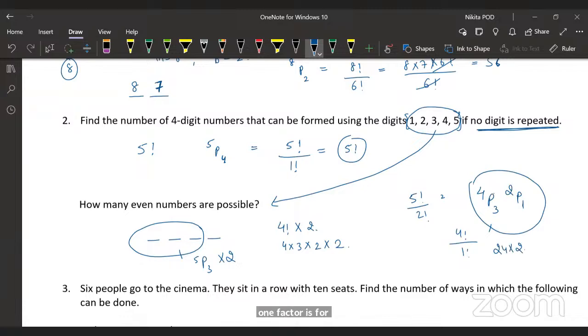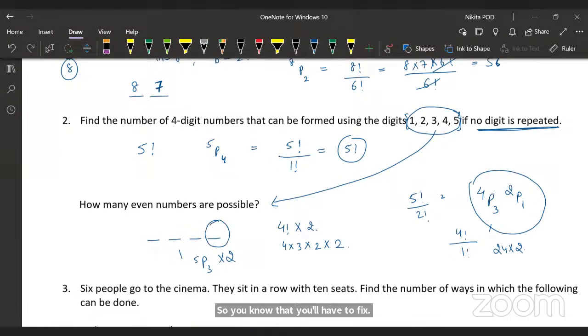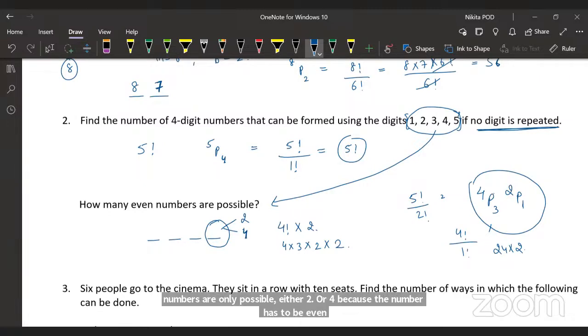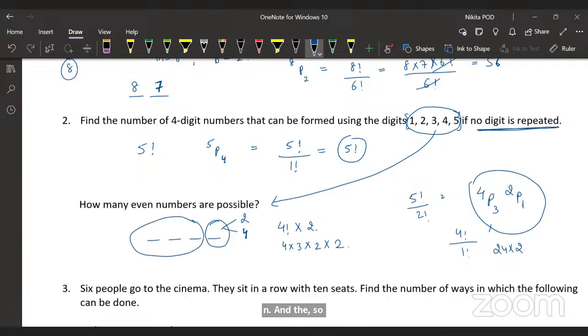So see, here you have how many? You have two even numbers, right? So you know that you'll have to fix 2 over here. Only 2 numbers are possible, either 2 or 4, because the number has to be even. Correct. And whatever you fix here, either 2 or 4, now